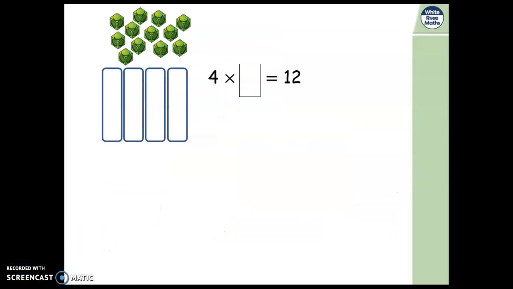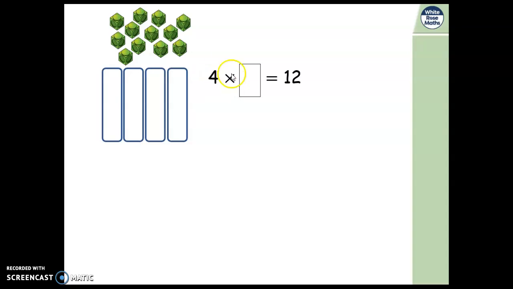Sometimes you might get a question that has a missing number, so you look at this and think, ooh, 4 times something equals 12. We aren't sure what this number is. Sometimes, if you know your times tables, you'll be able to work it out straight away. 4 times something equals 12. Oh, that's 4 times the answer. Now,